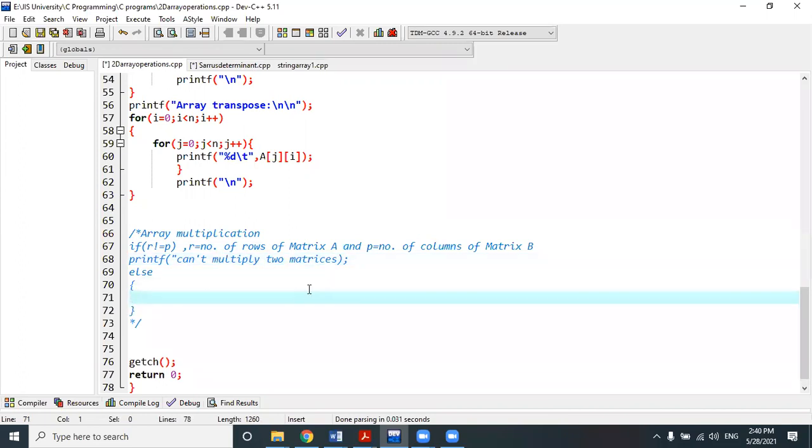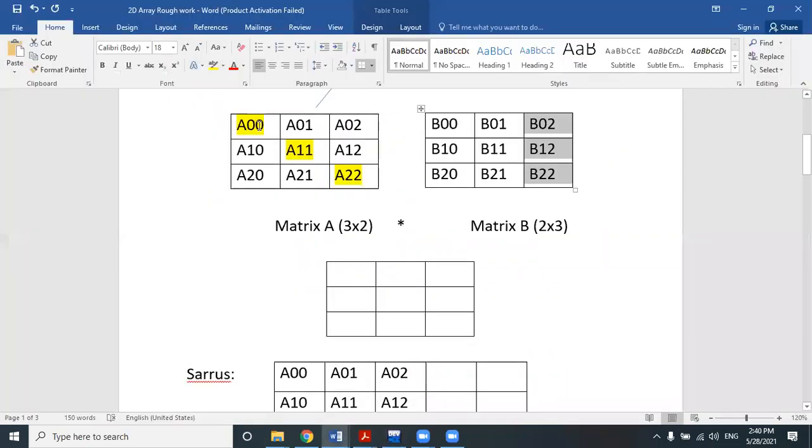That you will do, that I am not going to tell. In the else part, you will have to apply the matrix multiplication logic. So mathematically, how is the logic working? Very simple. What I have told: the row of matrix A will be multiplied with a column of matrix B, element by element, and then perform summation among them.